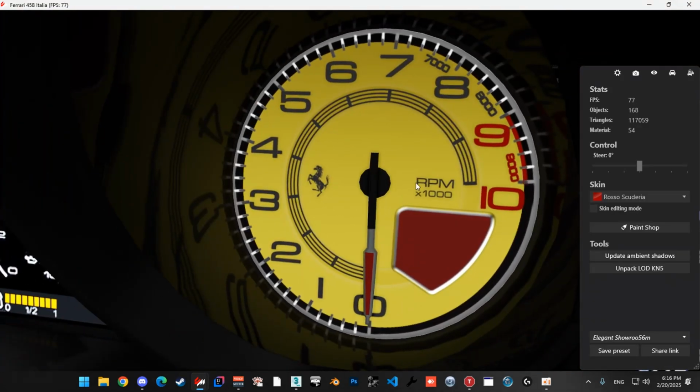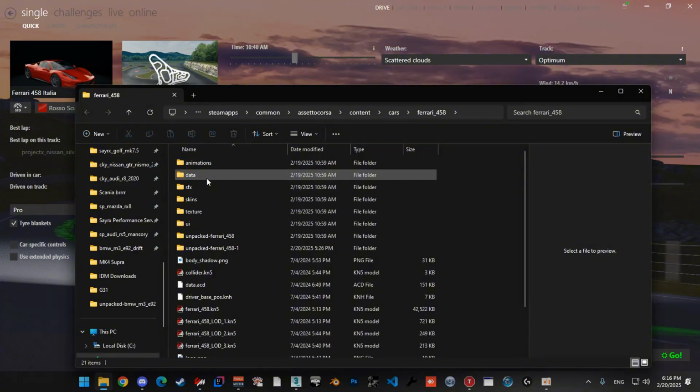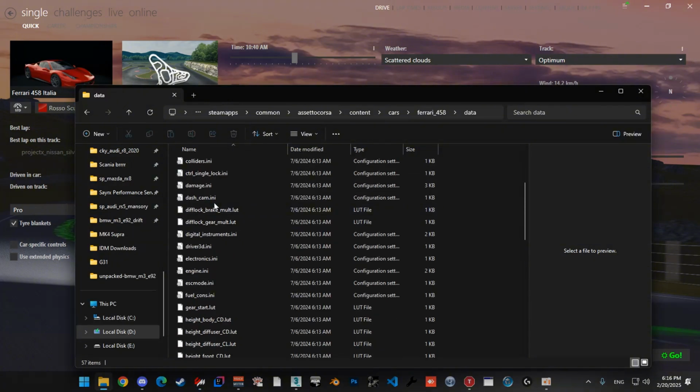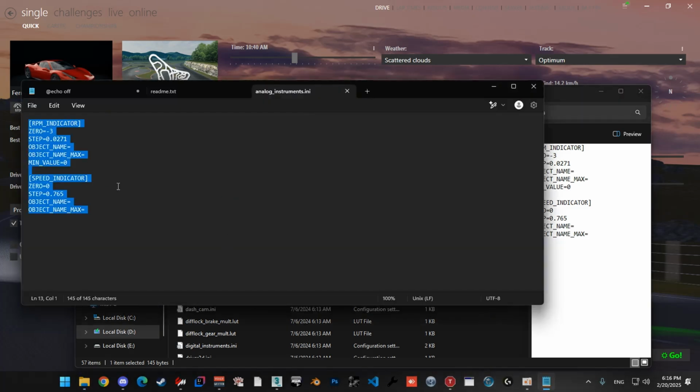And as you can see, this looks absolutely fine, okay? Also, this is the last complicated thing, okay? In the data folder, you're going to have a file called analog instrument. Now this is like the old way. There are two ways to get this. If you're lazy, you don't have to use this one. I can show you how